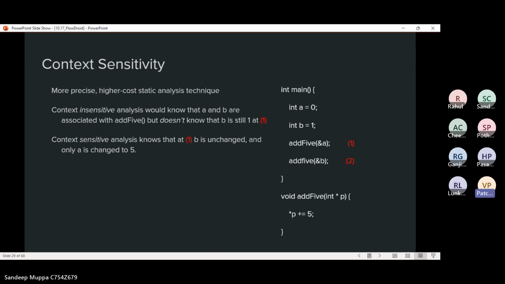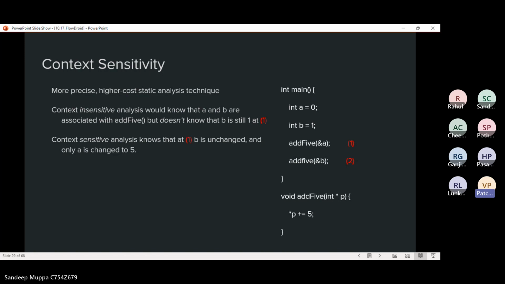Context sensitivity. The algorithm representation assumes the reader to be familiar with the algorithmic description of the original IFDS algorithm. It is a more precise, high-cost static analysis technique.